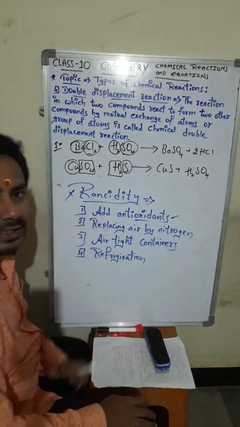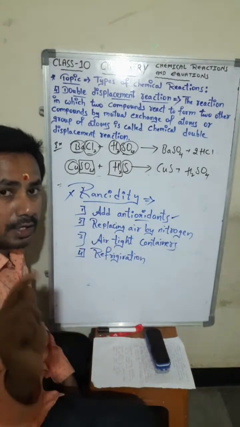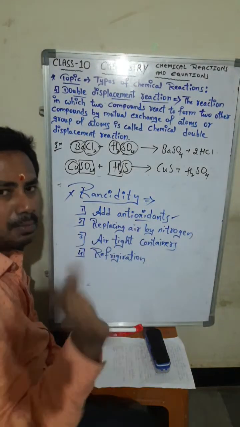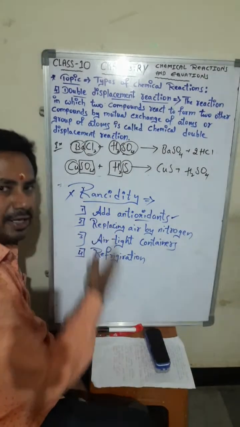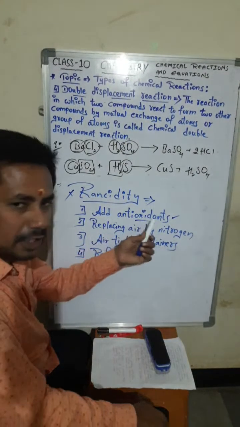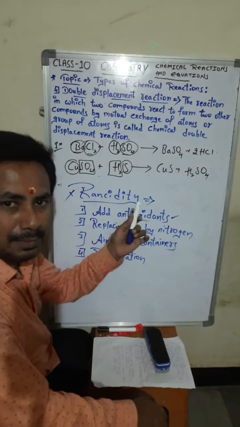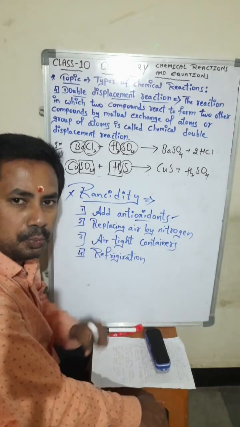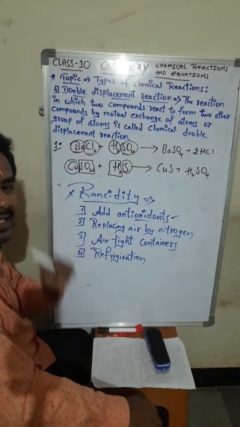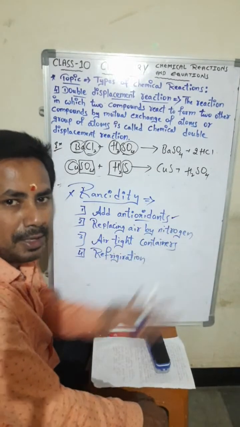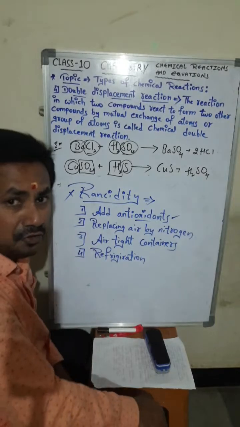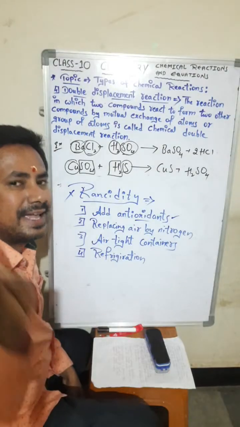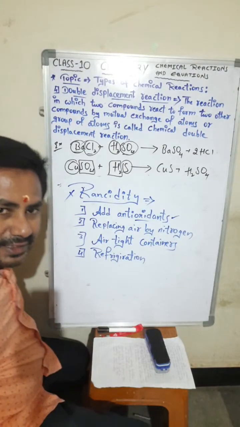दीज आर द प्रिवेंटिव मेथड्स. व्हाट इज रैंसिडिटी, व्हाट इज कोरोजन, ये एग्जाम में बार बार पूछा है और उसका प्रिवेंटिव मेजर्स भी हम लोग देख चुके हैं. सो रैंसिडिटी का प्रिवेंटिव मेजर्स क्या है? एंटीऑक्सीडेंट्स को ऐड करने का है, एयर के बदल में नाइट्रोजन को हम लोग ऐड करना है, वो रिएक्ट नहीं होता है, और वी हैव टू पुट इन एयर टाइट कंटेनर्स, नो रैंसिडिटी विल टेक्स प्लेस, और दैट फूड वी हैव टू कीप इन फ्रिज. सो दीज आर द प्रिवेंटिव मेथड्स ऑफ रैंसिडिटी. प्रिवेंटिव मेथड्स ऑफ corrosion, applying paints, galvanization, electroplating. Okay, so